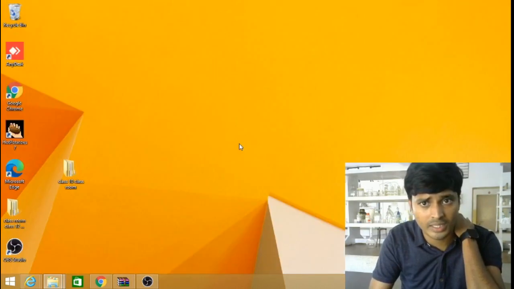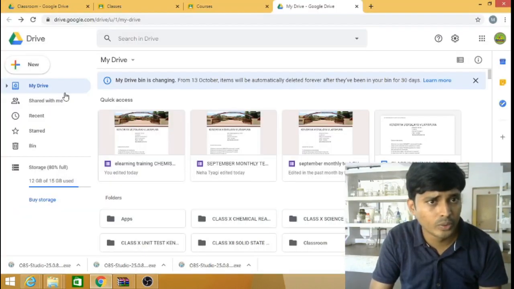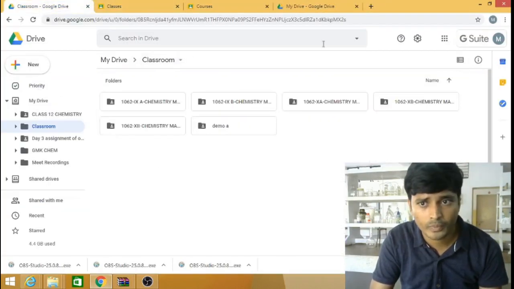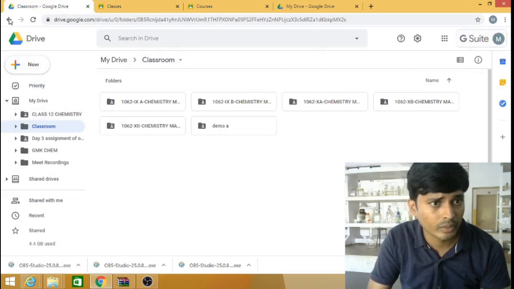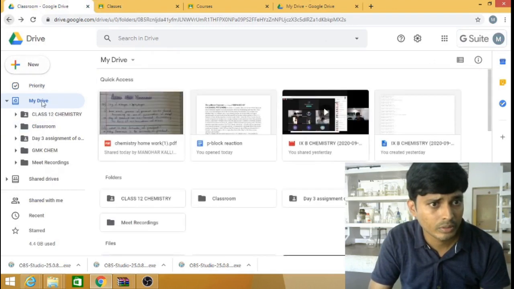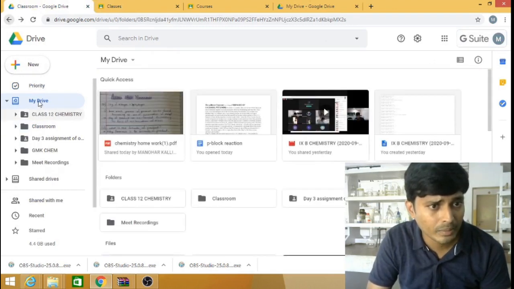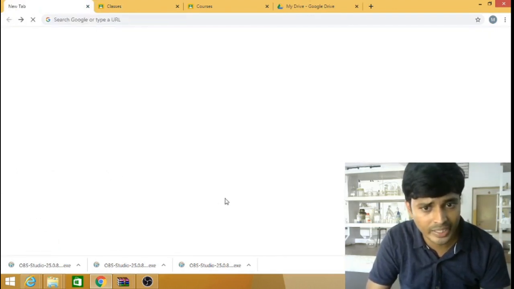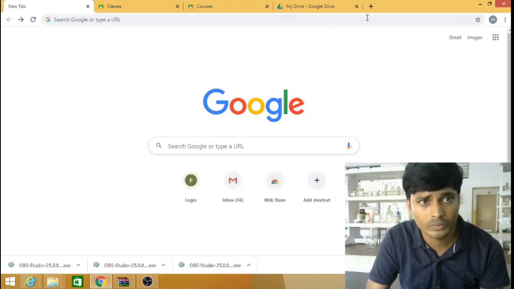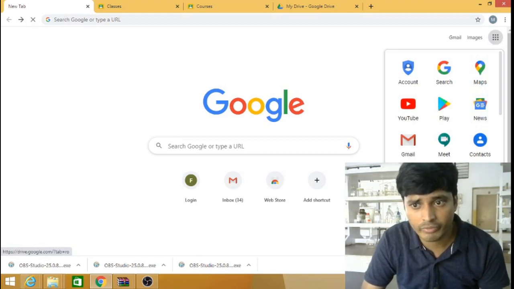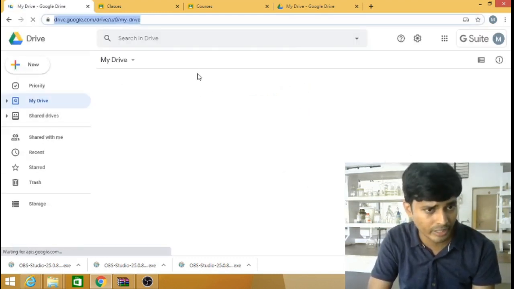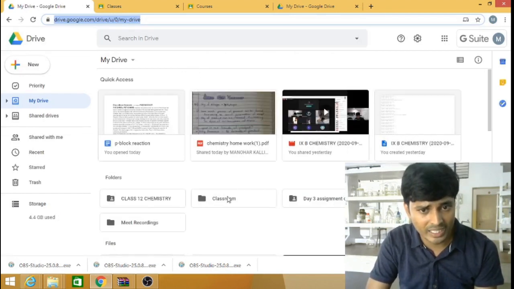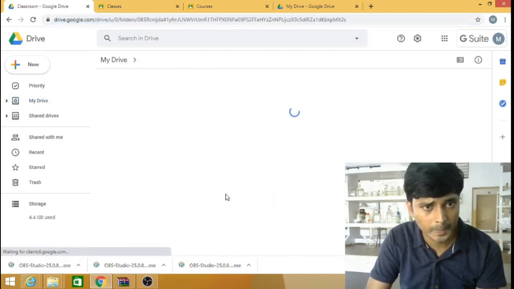So I will close this and go to my G Suite classroom. You have to click on My Drive. Let me open Drive, and from the start, so that you can come to know the interface, this is how it will be initially. Now you can see the folder of classroom.